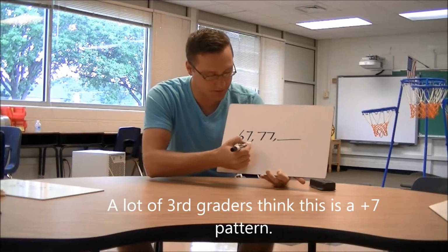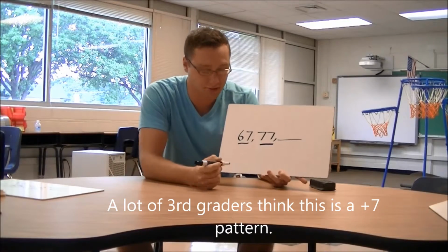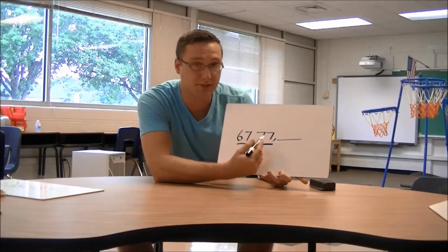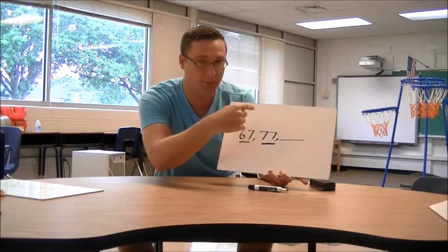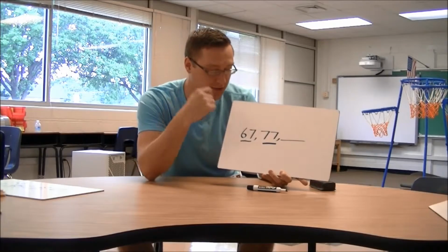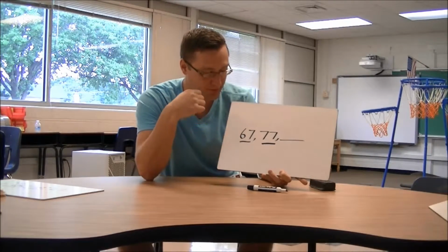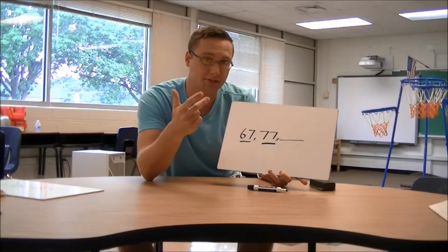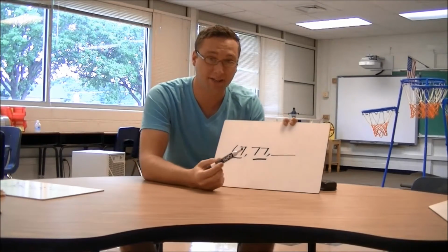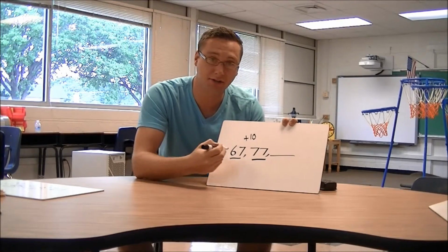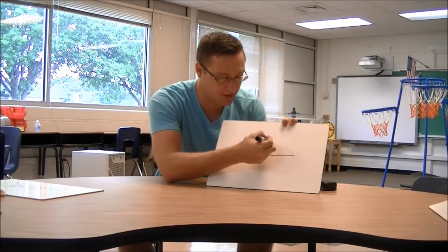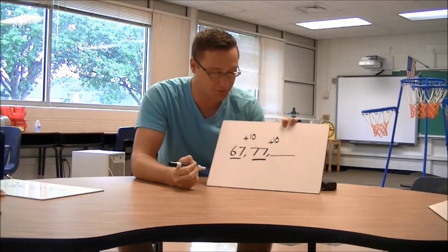So what we do is we still do the same thing we did for the first one. We look at two neighbor numbers, two numbers beside each other. 67 and 77. So I'm going to start at 67, count up. If you have a number line, that's fine, or a hundreds chart to help you. 67, 68, 69, 70, 71, 72, 73, 74, 75, 76, 77. Alright, that's 10 spaces. So even though it might not look like your regular skip counting by tens, there are 10 numbers in between. So we're going to take that rule, that +10 rule, and we're going to add on